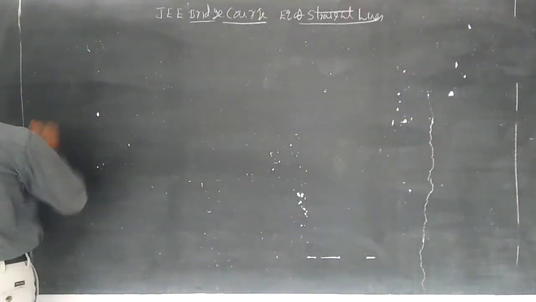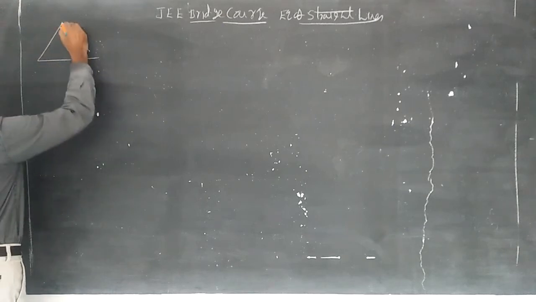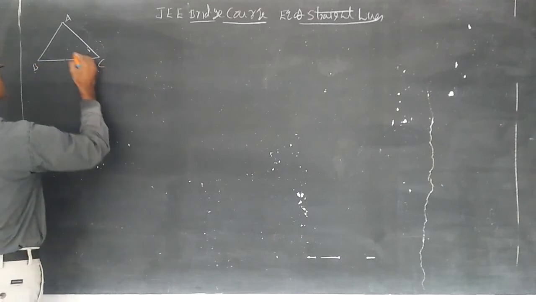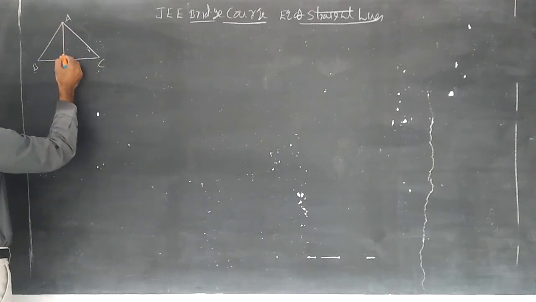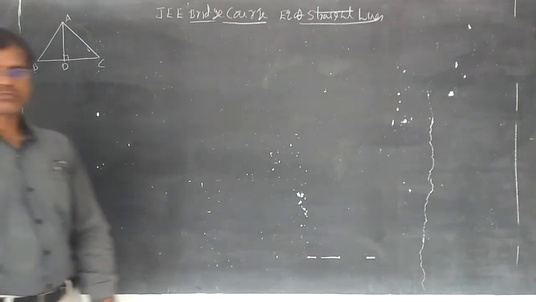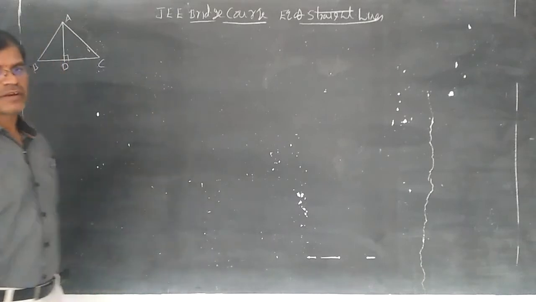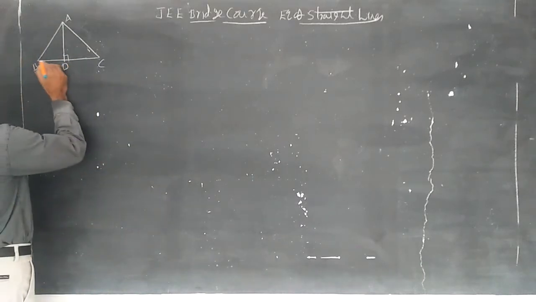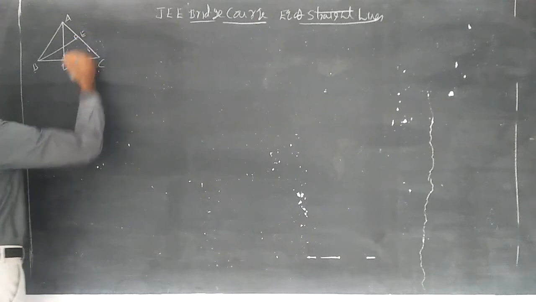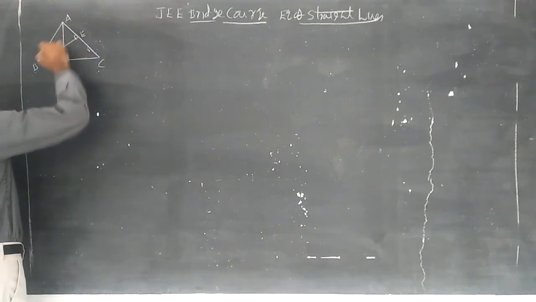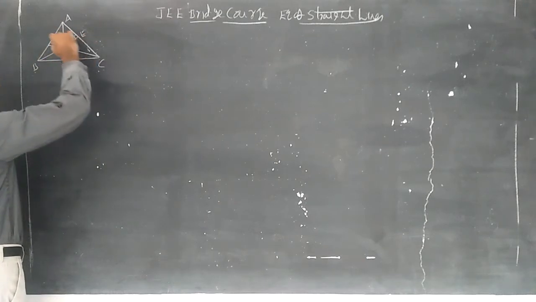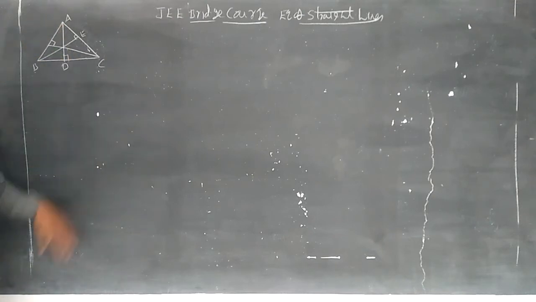Now, let us draw a triangle. Put here A, B, C. The perpendicular line segment, this is the symbol of perpendicular. Put here D. Students understand, D is not the midpoint. Simply it is a point on BC. This is a point E on AC. The perpendicular line segment is drawn from the vertex to the opposite side, not to the midpoint. This is F.